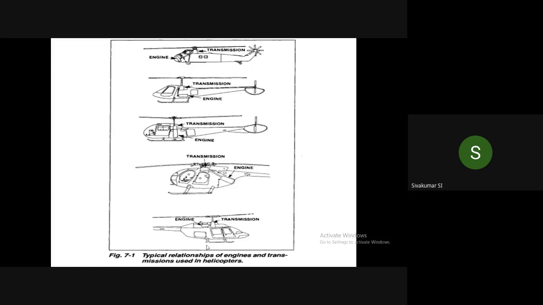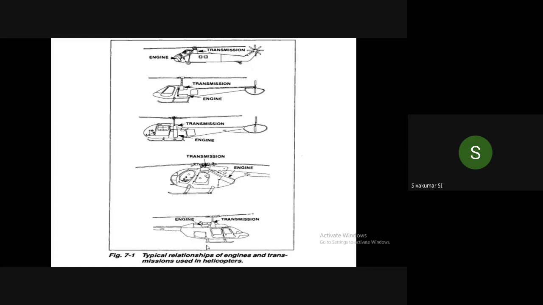Okay, so then they shifted the engine to the base of the fuselage, the bottom of the fuselage, fitted in a horizontal fashion, and from there also you require shafts. The very second diagram, if you see,